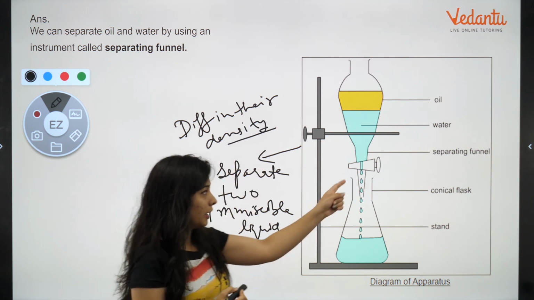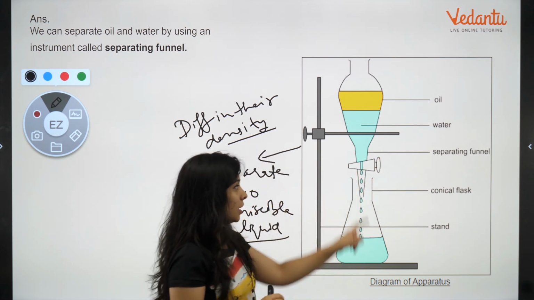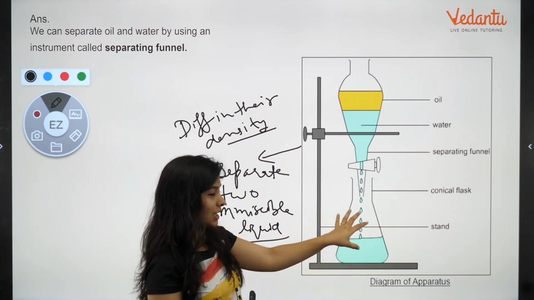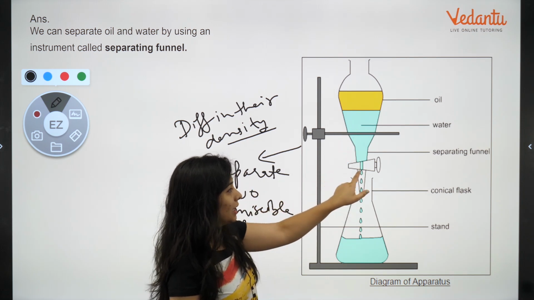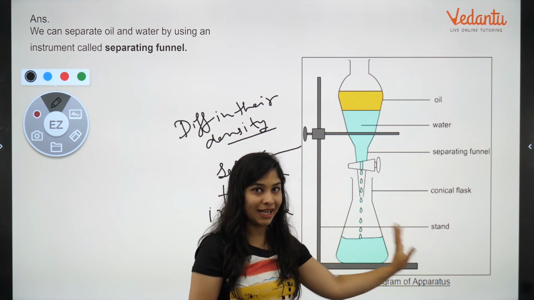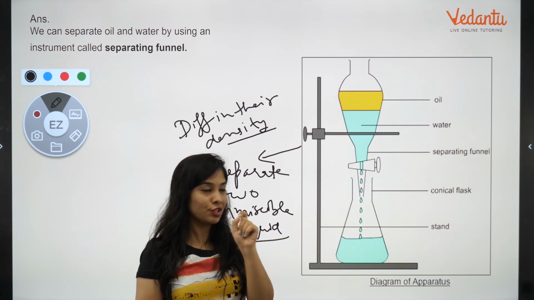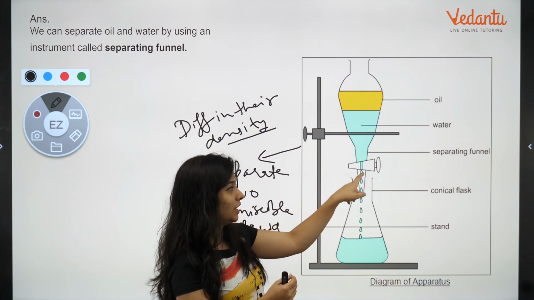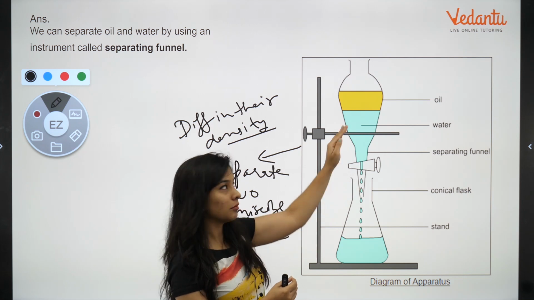तो cork अभी तक close था. Whenever you make this cork open, water starts falling down. देख रहे हो ना? Water starts falling down and collects in this flask. Conical flask बोलते हैं हम इसको. As far as it reaches to this point, just close it so that all of the water is going to separate in this flask and oil will remain in this. Okay? Try, थोड़ा सा precision चाहिएगा. थोड़ी देर भी ध्यान इधर से उधर हुआ तो they can both mix with each other at the point of intersection. So just close it before it reaches that oil वाला point.